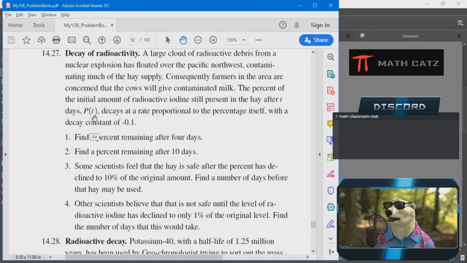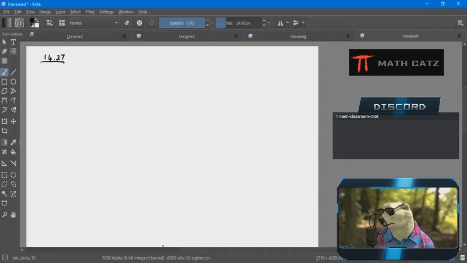I don't have to. It's not a Y. It's not an N. It's a P. And it decays at a rate proportional to the percentage itself, with a decay constant of negative 0.01. All right. So that allows me to set up my differential equation as a translation of